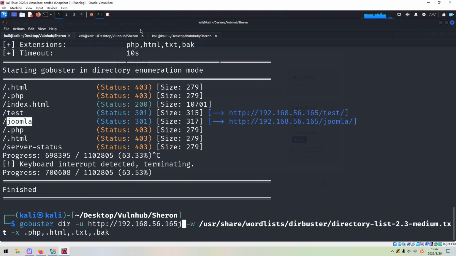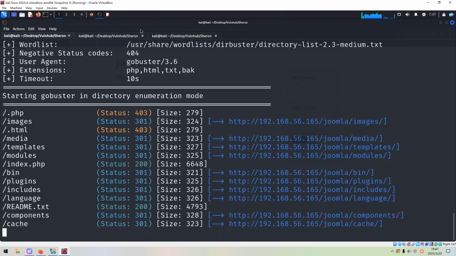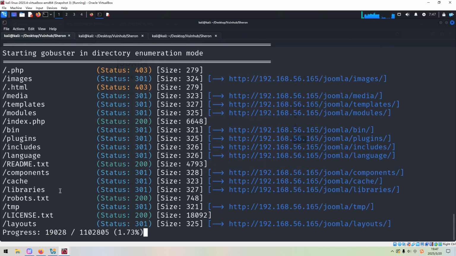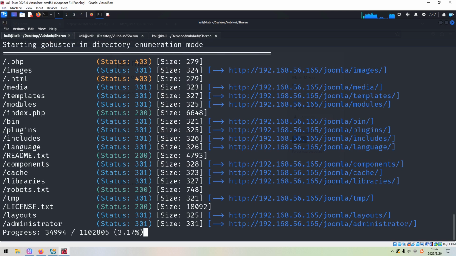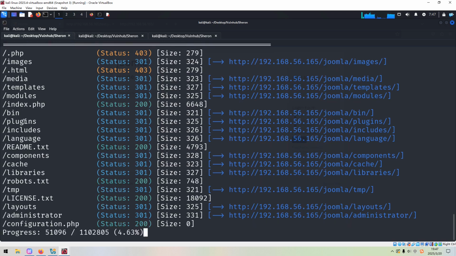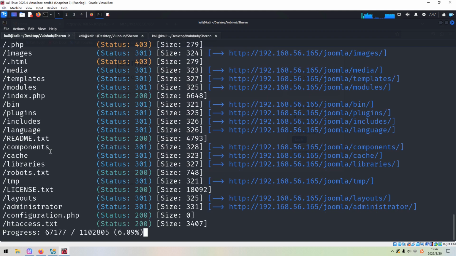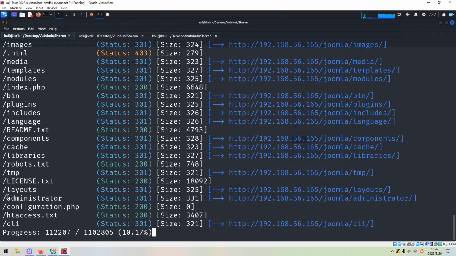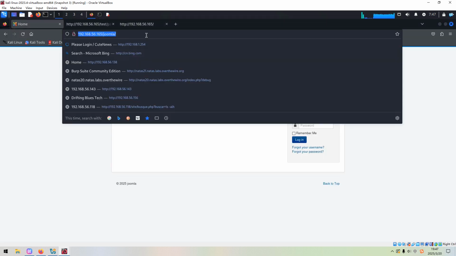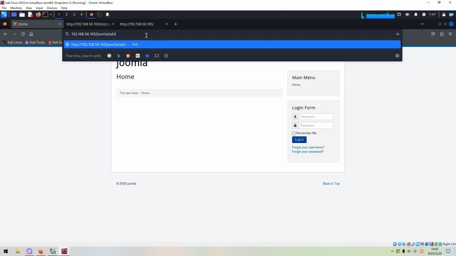Joomla is now running the Joomla CMS application. And almost immediately, we can find many subdirectories and files. All of them belong to very classic Joomla applications. And also we can get to know the administrator subdirectory. Usually this is where the administrator panel is located. So administrator,